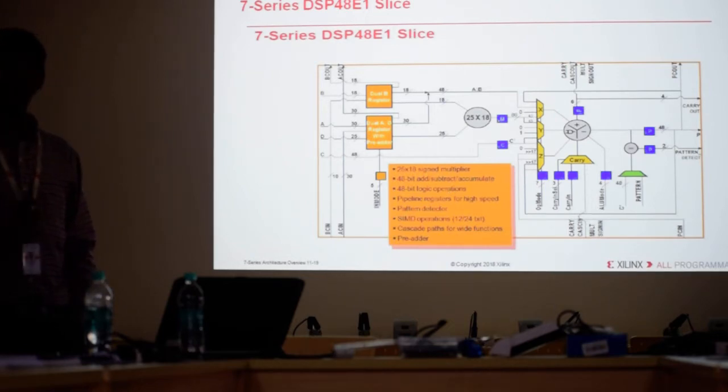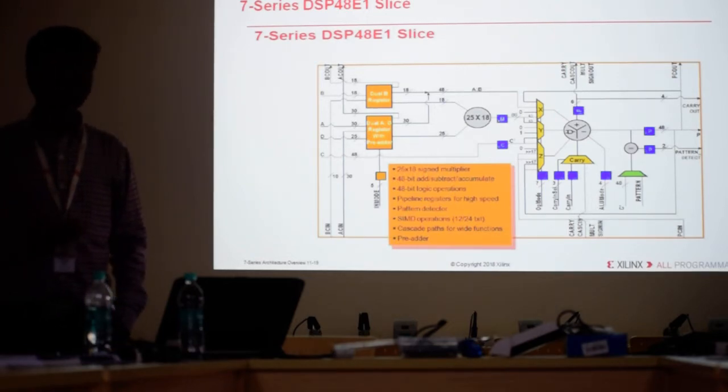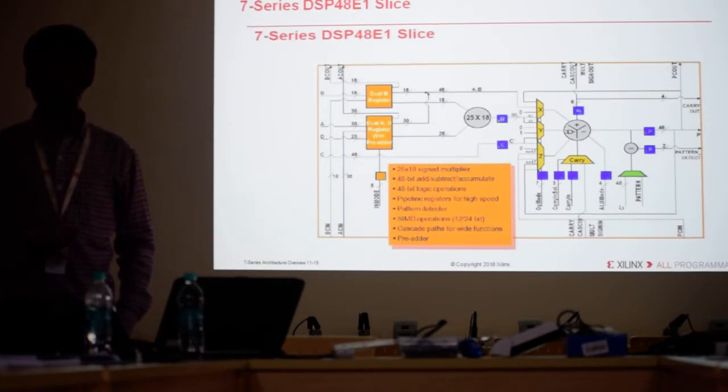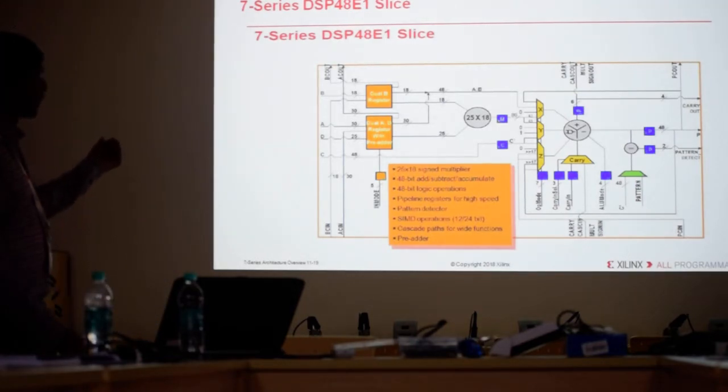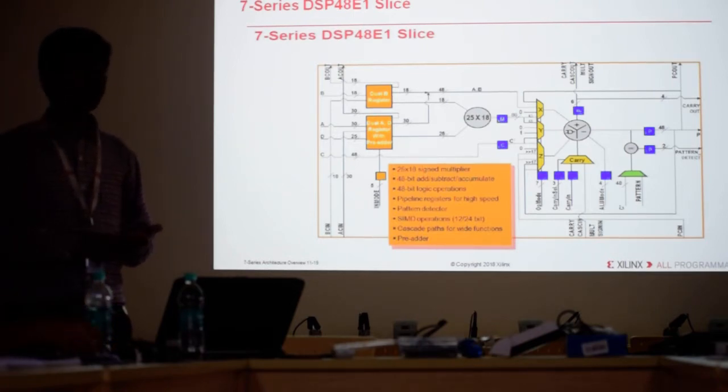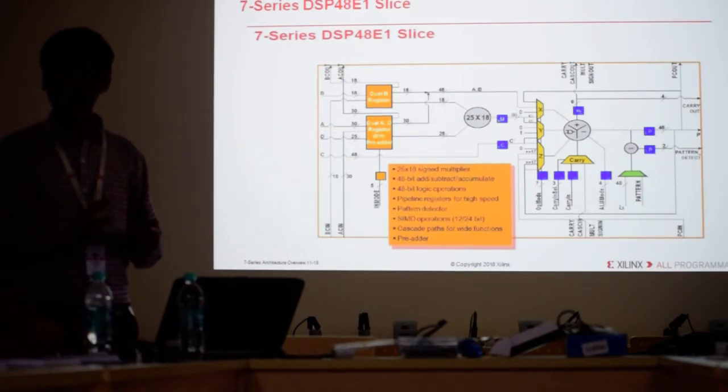So 48-bit means, if you write a 1-bit addition, A plus B equals C, in the Verilog code, you write the simple code. And if you ask me to show you the DSP, I can't show. So minimum what is that? 48-bit. Then only the tool will understand. LUTs are not sufficient.